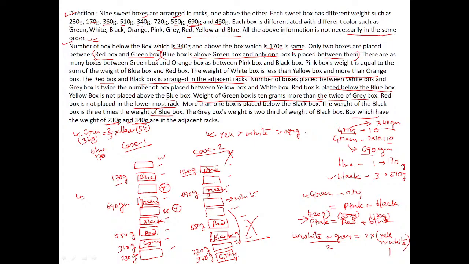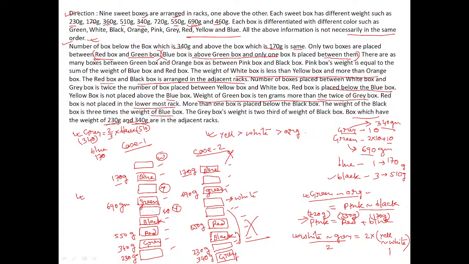Yeah, again 2 possibilities, yellow can come here, but green and orange, or you can say, what's the other information I can take from here? Okay, try to put this information between green and orange. Whatever the number of boxes available there, it's exactly the same as the number of boxes between pink and black. If white is here and yellow is here, then where do we put green? Green is already there, so orange can be here, right?